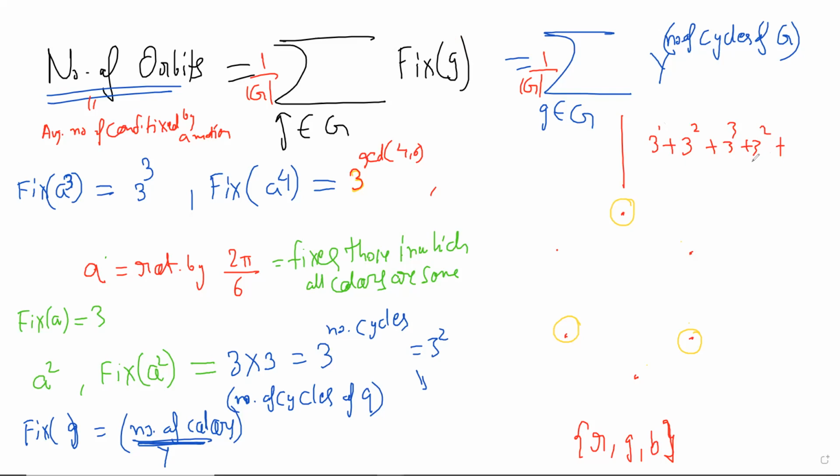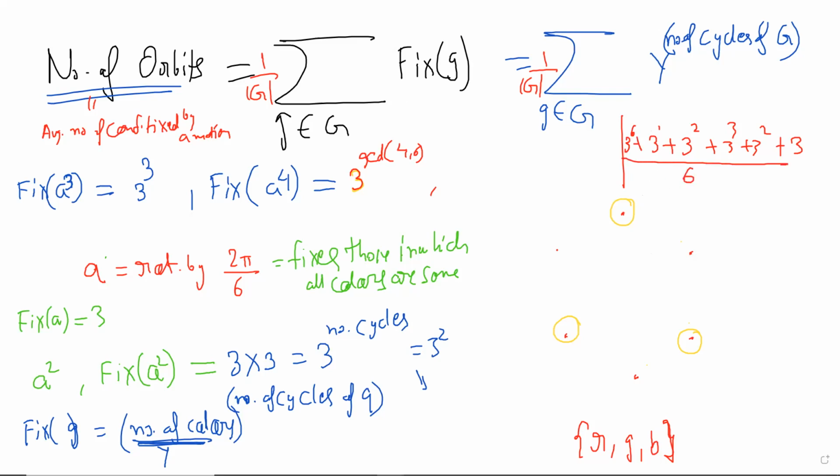And for 3, that's for a to the power 4. For a to the power 5, you will see that you will only get one cycle again, because this GCD is 1. A to the power 5. Okay, and I missed one thing. The identity permutation, or the identity motion, has 6 cycles. The identity motion fixes everything in the set. So the mandatory 3 to the power 6 will always be there. Okay, this is your answer, divided by 6, of course.